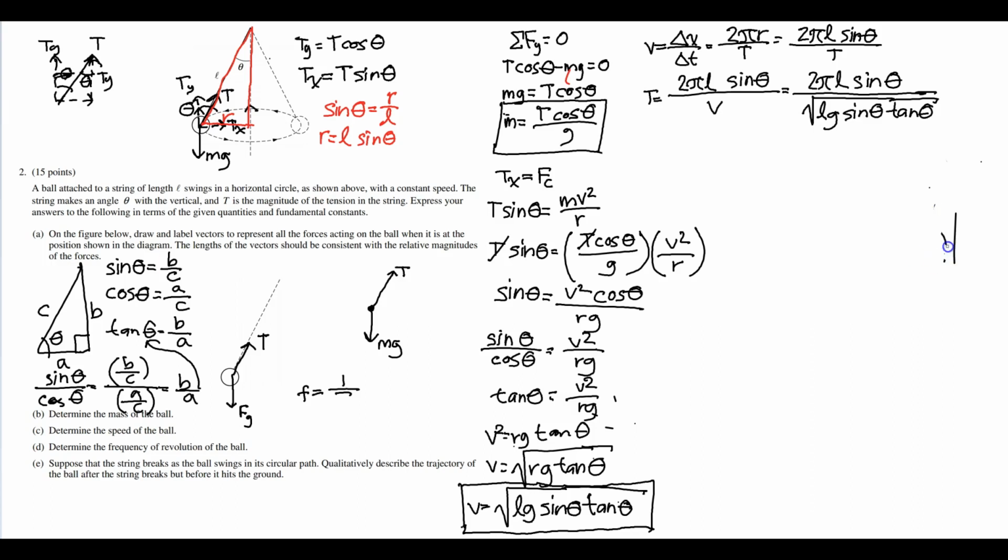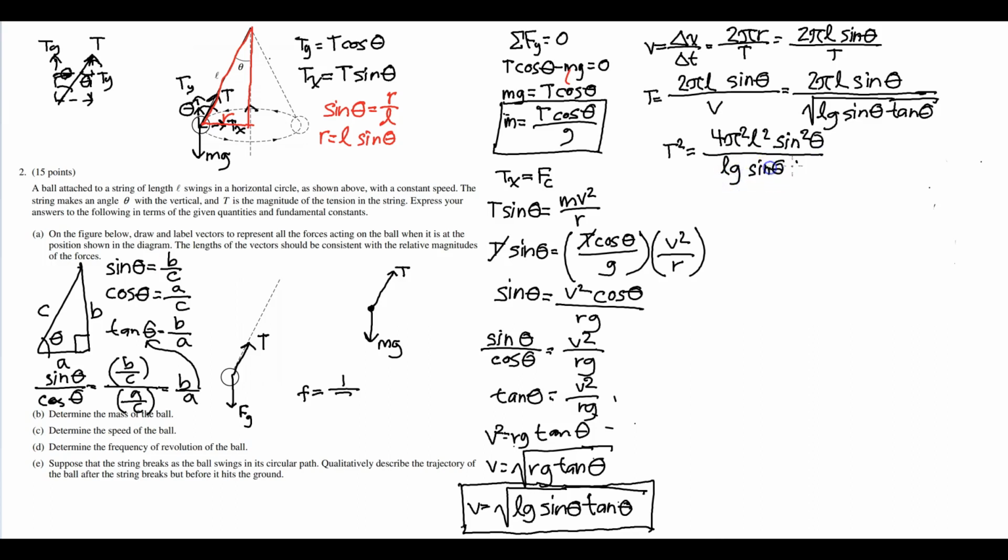You can rationalize the denominator, or since there's a lot of stuff in that denominator, we're just going to square both sides instead. So T squared, we're still solving for period. So I want to solve for period. Once you get a simplified period, you can just take the reciprocal of that and find the frequency. So what I'm going to do is square both sides. So that's 4 pi squared L squared sine squared theta equals LG